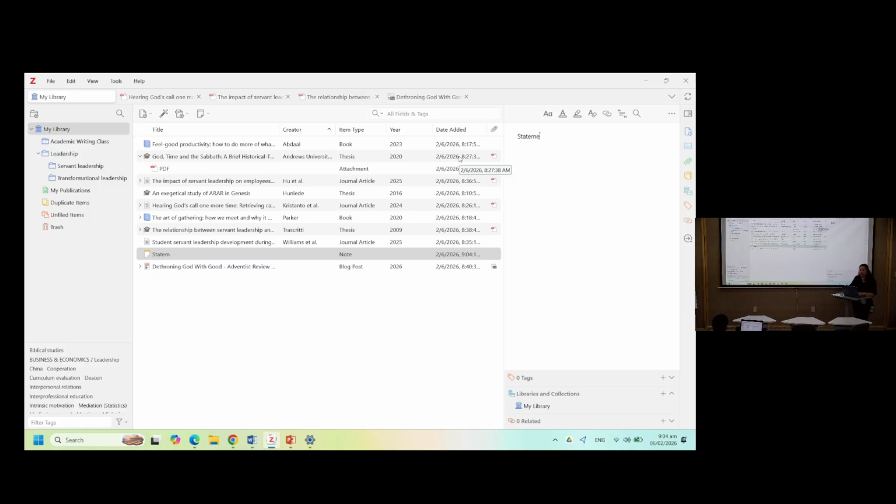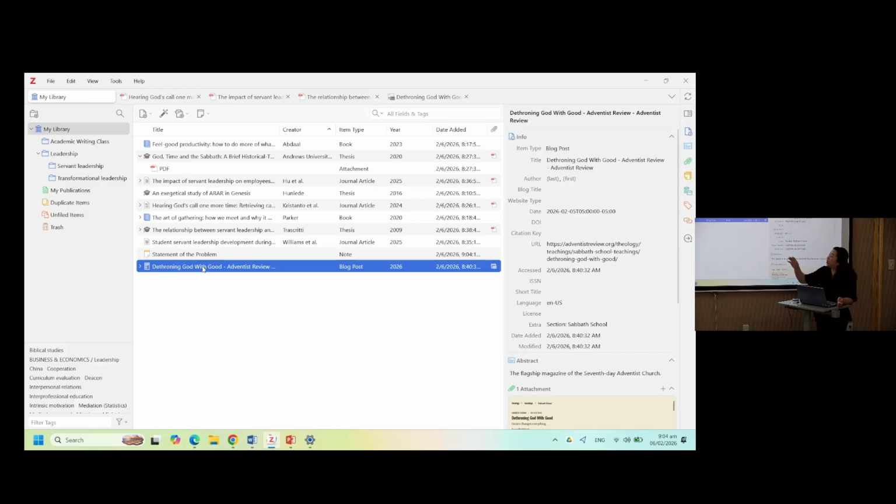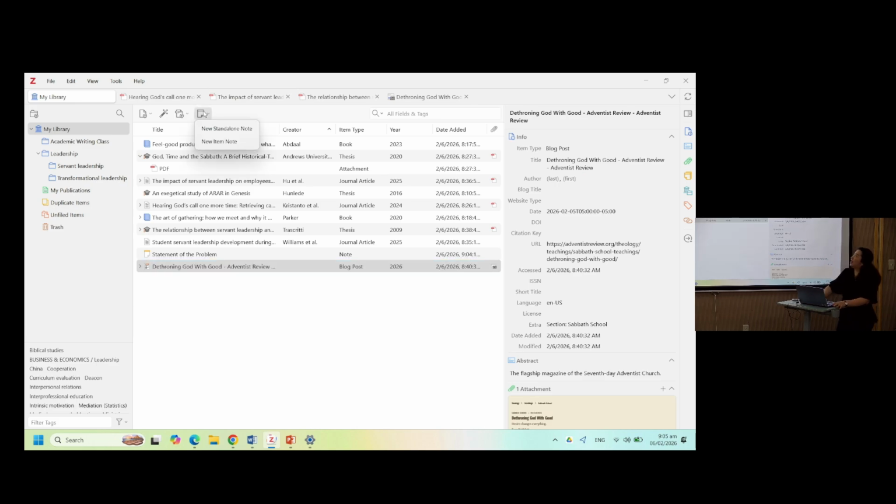So say, for example, statement of the problem. Problem 1. And you will see that it is stored not within any item, but it is together with the other resources. Okay? So these are your notes outside any items. So you can use that. So that's like your notepad for general knowledge. Okay? So that is what we call the standalone note.